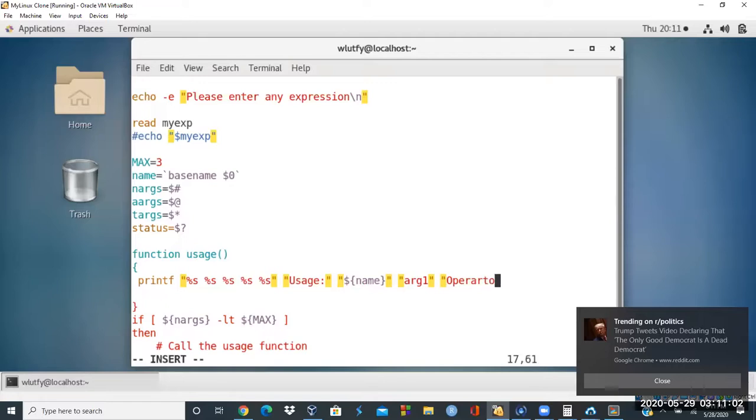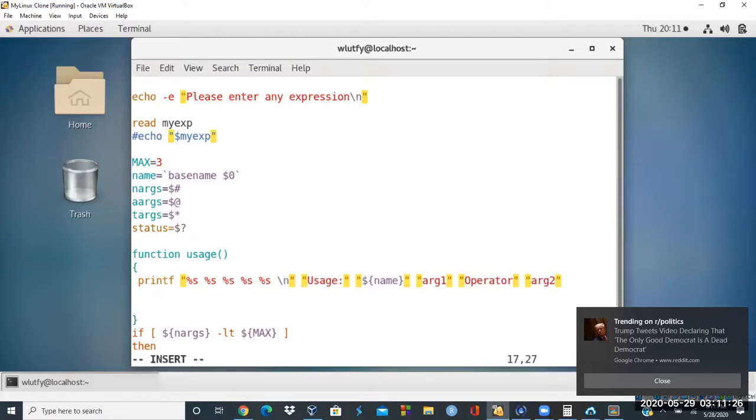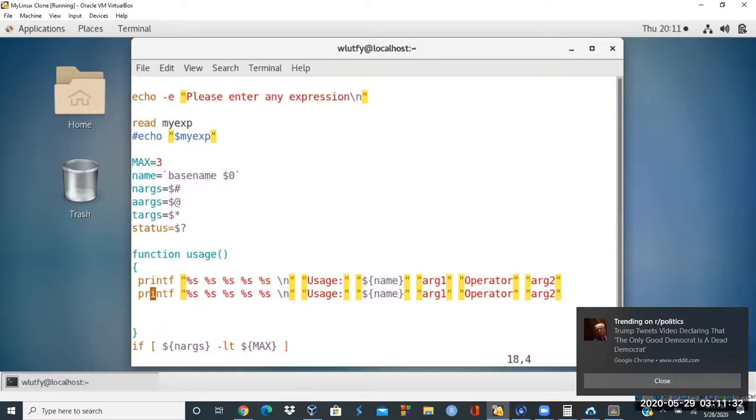operator, and then followed by arg2. So 3 arguments there, and they're all coded. So that's there, and then do a new line character right after this. Then just copy this line again, and this time instead of usage, change the word to example, so the user knows the name of the script, and then this one would be 12 times